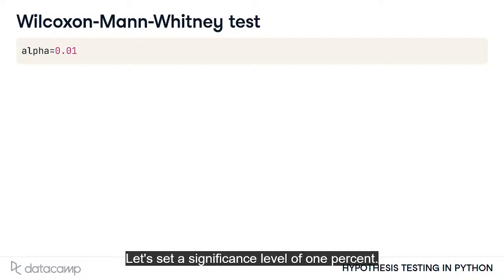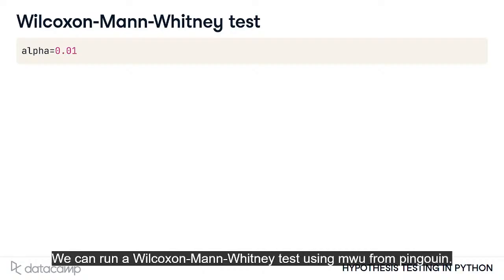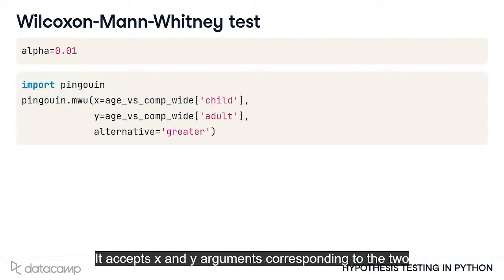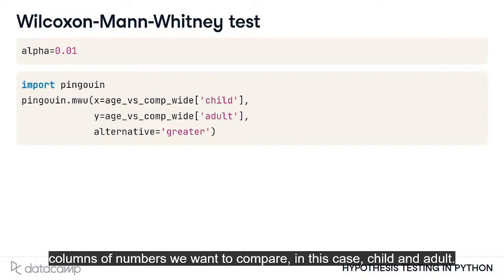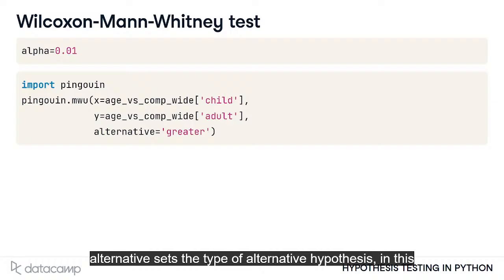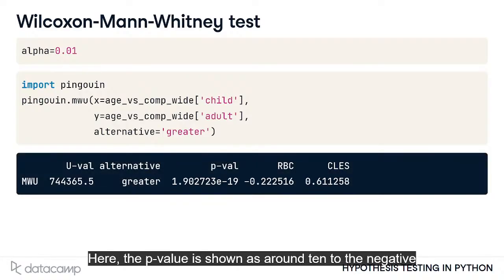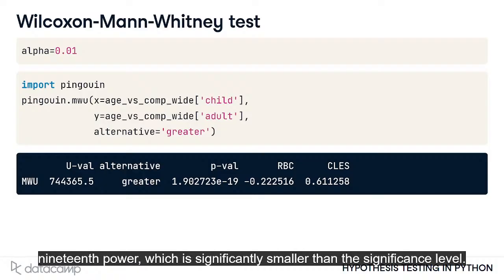Let's set a significance level of 1%. We can run a Wilcoxon-Mann-Whitney test using MWU from Penguin. It accepts x and y arguments corresponding to the 2 columns of numbers we want to compare, in this case, child and adult. Alternative sets the type of alternative hypothesis, in this case, that those who code first as children have a higher income than those who code first as adults, which is a right-tailed test. Here, the p-value is shown as around 10 to the negative 19th power, which is significantly smaller than the significance